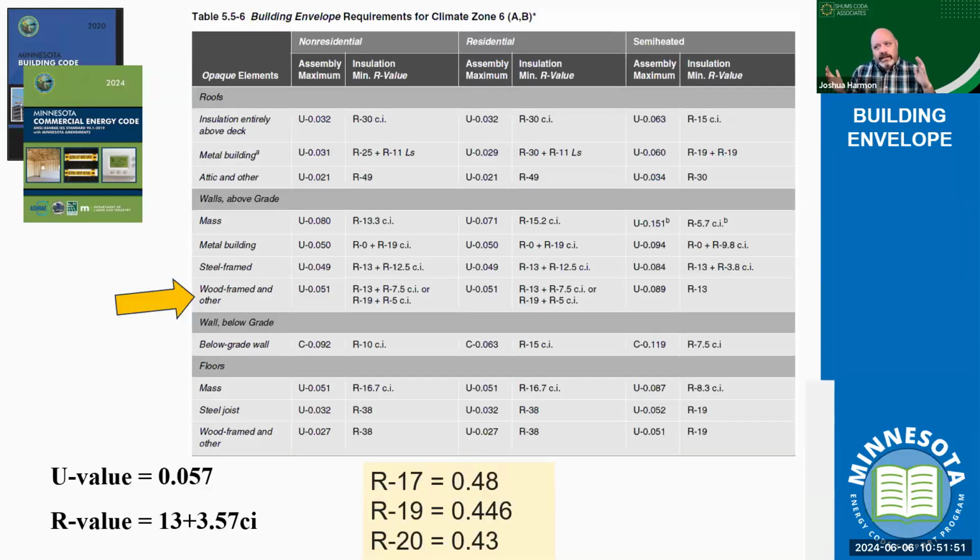And the code provides us a great deal of flexibility in reaching that value. I threw in an R19 and R21. What would be the different values and their respective U factors associated with a particular design? The code is designed so it's not just give me the R13 or the R19. If I look at the U factor, I have a variety of flexible options there. I have to hit one or the other: either I reach my U factor or I comply with my R value calculation.